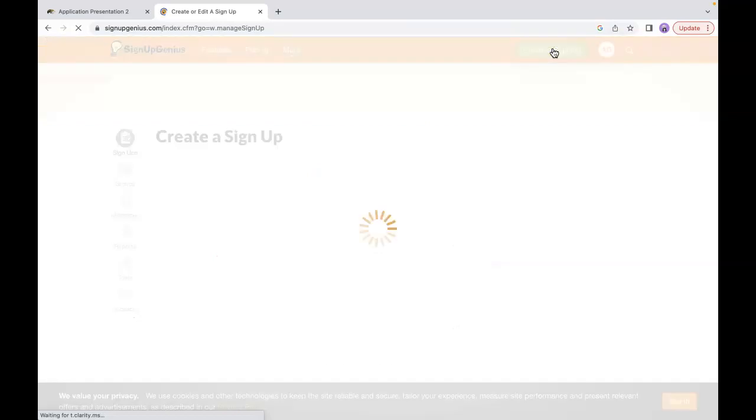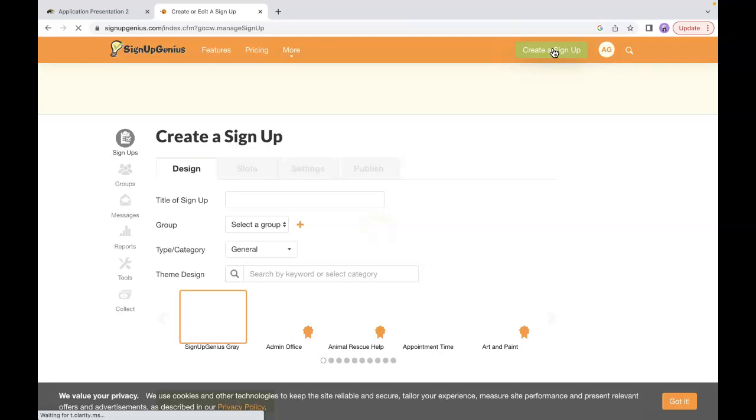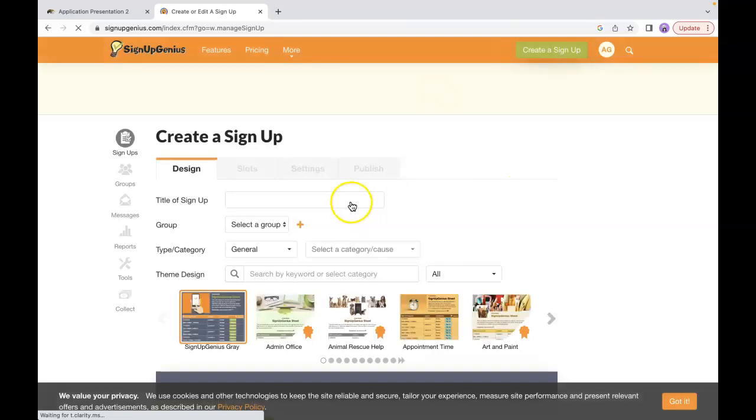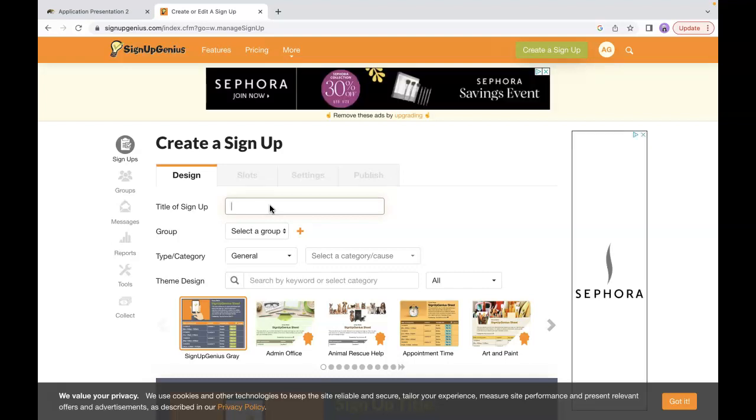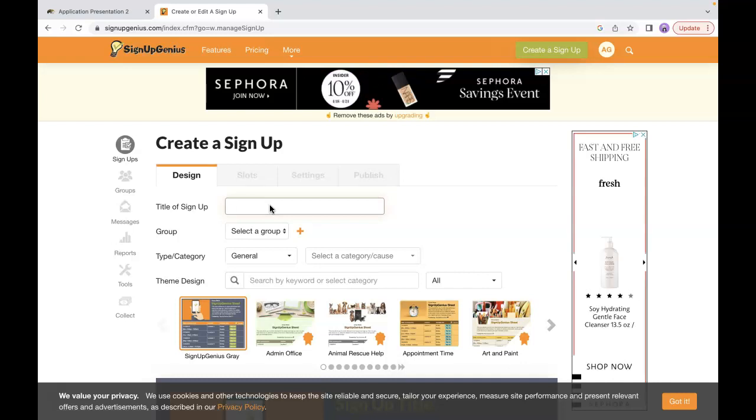Now, this comes in a lot of different themes and designs. So what we can do is we're going to just name this one, for the sake of this one, for our students. So a great way to get students active in their education too. Say they have a presentation coming up, and they want to present on a certain date and certain time. So you're going to set up a SignUpGenius for them to sign up when they would like to present their paper. So we'll say